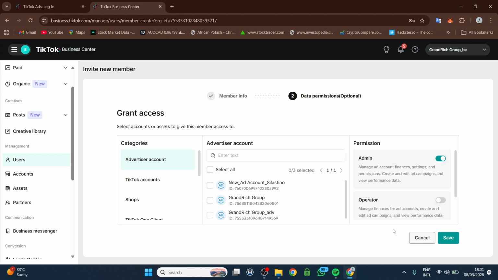So all you have to do is select this option, right? Because it has already been selected for us, advertiser account. On this advertiser account, you just have to come here and select the right advertiser account or the right ad account. So let's assume this is the ad account that I want the person to work on. And if you want the person to work on all the three ad accounts that are available here, you can just click on this first option. Once you do that, all the three ad accounts on this particular business center have been selected for you,